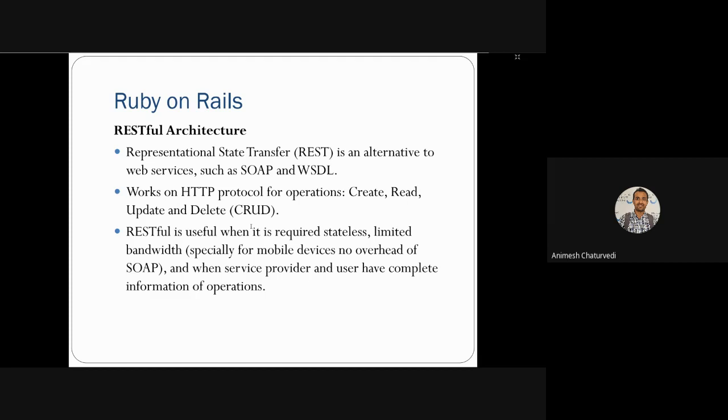RESTful is useful where stateless operation and limited bandwidth are required, and it has no overhead of SOAP XML response. So it's one of the better ways of generating web services. Various web service providers are there and have controlled information of the operation, so you'll have a better RESTful web service.